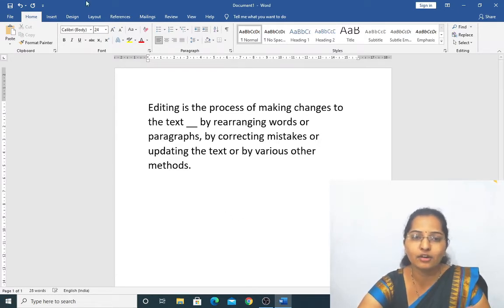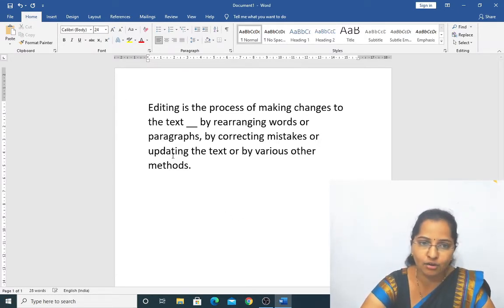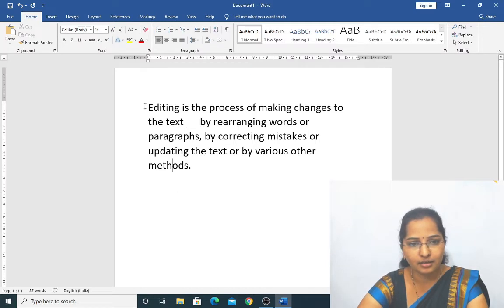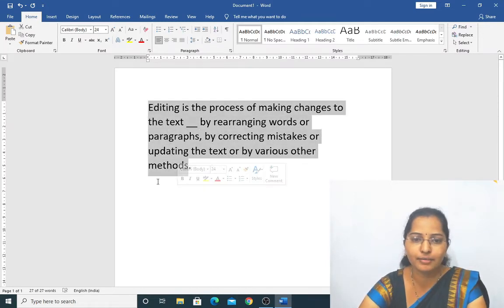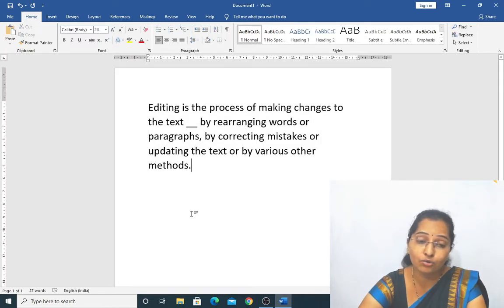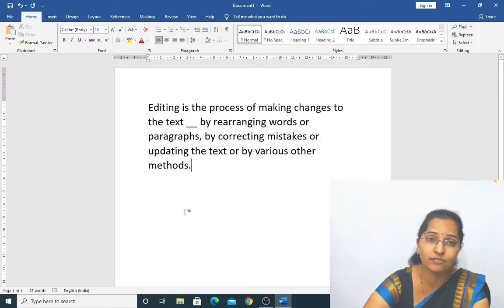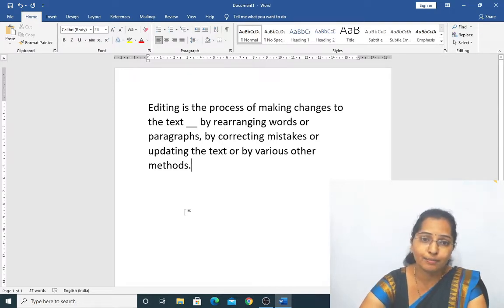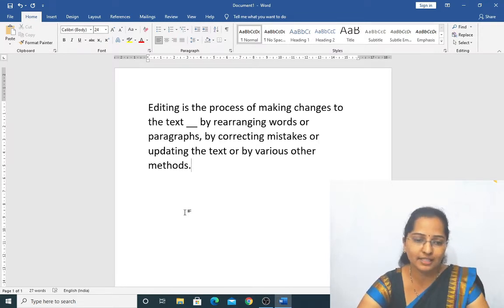Selecting text means what? I have written this, yes or no? How to select this? Everyone knows. Clicking and dragging like this, dragging means selecting. You guys know. But again in that, how to select a single left side word, how to select a single right side word, particular key things we are having in this. How to do those, we'll see.